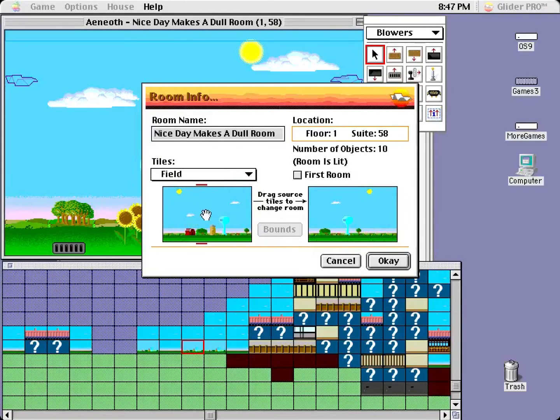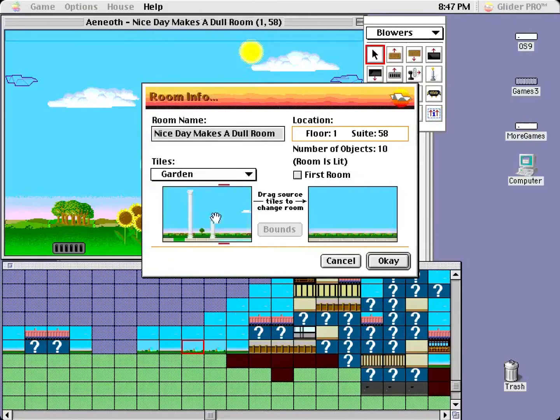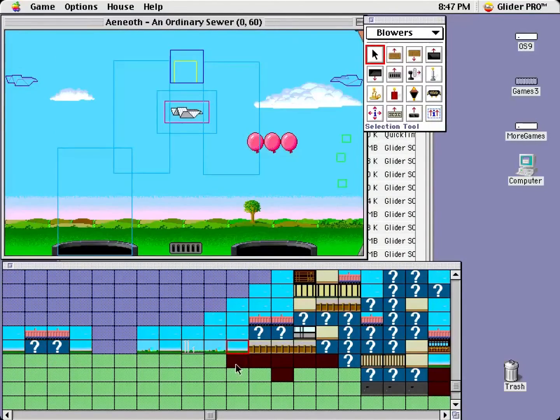So the way the background tiles work is like this, by the way. Every room consists of 1, 2, 3, 4, 5, 6, 7, 8 of those. You choose one of those, and then you just build a room like that. And then it looks like that. In case you were wondering, and I just messed this up, but whatever. Okay, so...